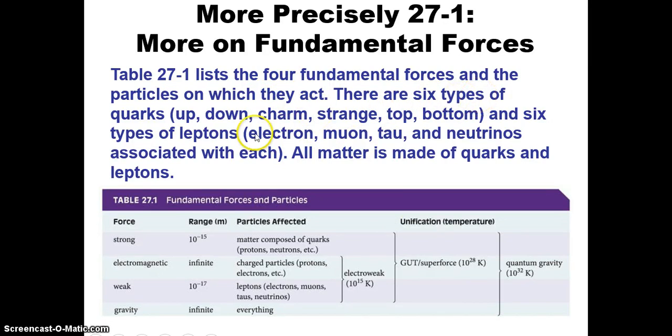There are 6 types of quarks. The most common ones are the ones that make up protons and neutrons, the up and down quarks. These other quarks are, in fact, the last one to be discovered or experimentally verified was the top quark. In fact, one of the things that we think might, and remember, put a big, huge underline on might, account for the dark matter. Remember, the dark matter does not interact with any form of electromagnetic radiation,